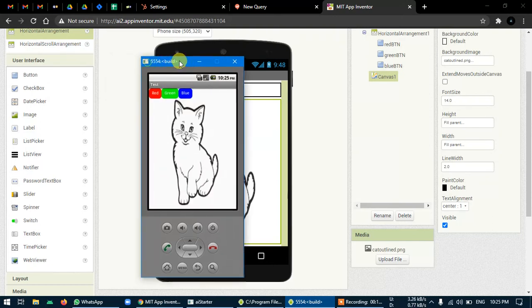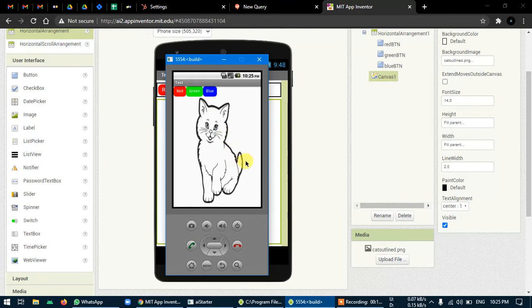But if you are using emulator, it will be too slow. Now we have picture, the canvas background, and now we can just pick any of the color and draw something on it. You can put one more option that you can draw on the picture and save it in your phone's gallery. Your drawing, like green, you can draw anything. So on emulator, it is like not giving the correct performance because emulator is slow, very slow. Do it in your mobile phone, physical mobile phone, it will be working very nice.